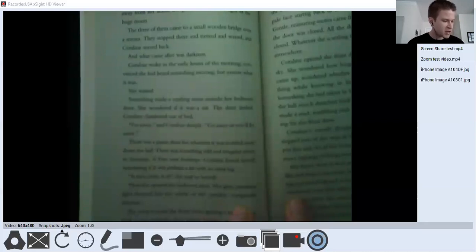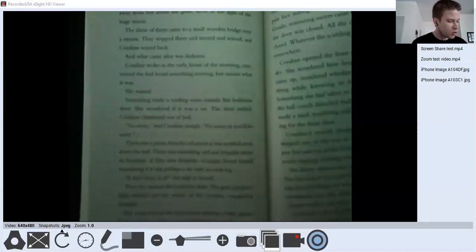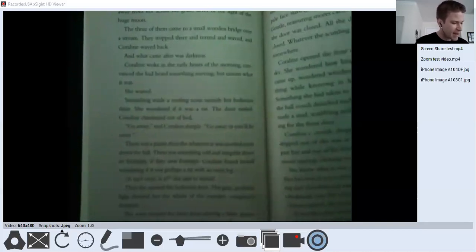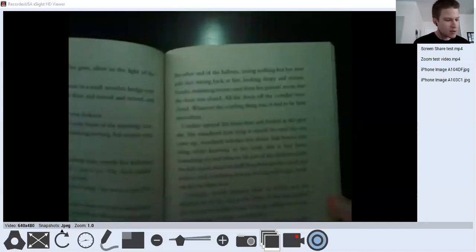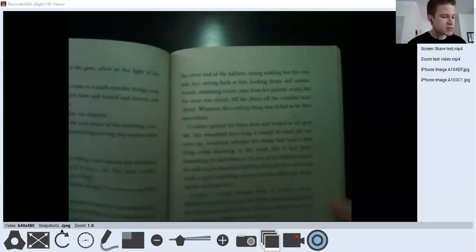"It isn't over, is it?" she said to herself. Then she opened the bedroom door. The gray pre-dawn light showed her the whole of the corridor completely deserted. She went towards the front door, sparing a hasty glance back at the wardrobe door mirror hanging on the wall at the other end of the hallway, seeing nothing but her own pale face staring back at her, looking sleepy and serious.